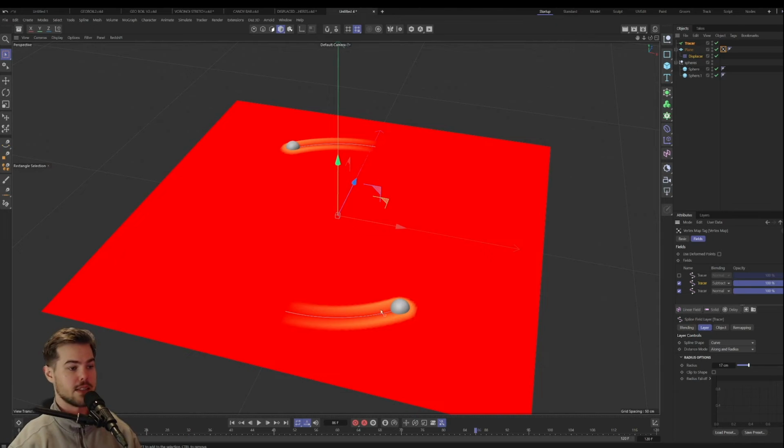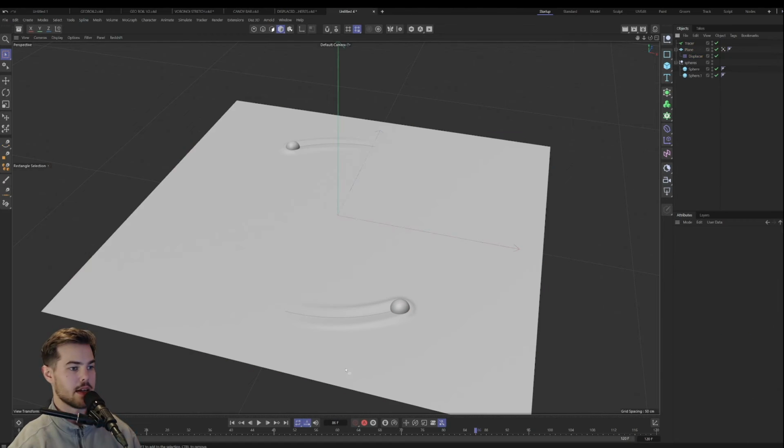Basically, we've just subtracted the inner part from the effect, which is what we want. We just kind of want this leading edge, like it would be trailing behind this sphere. It's kind of leaving a wake. It's got like a